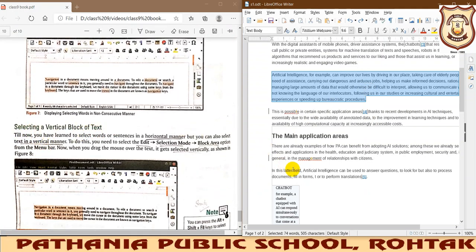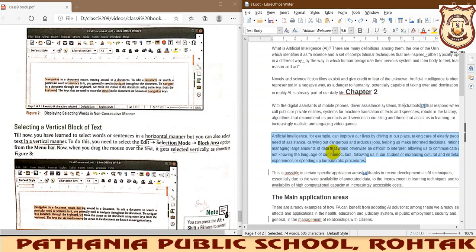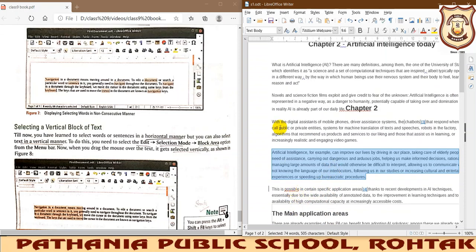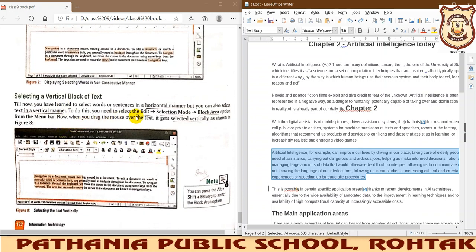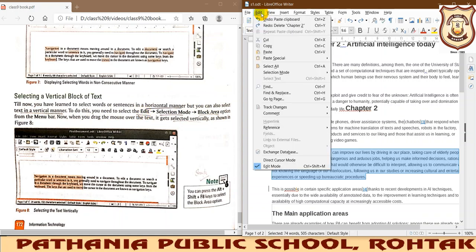Next is your selecting a vertical block of text. Beta, this option I have not seen in MS Word. This is something different. Okay, so how to use it, this is a very different option. Actually it allows you to select the word or sentences in a horizontal manner, but you can select it in a vertical manner also. For that you need to go in edit menu. Here you will find this selection mode.